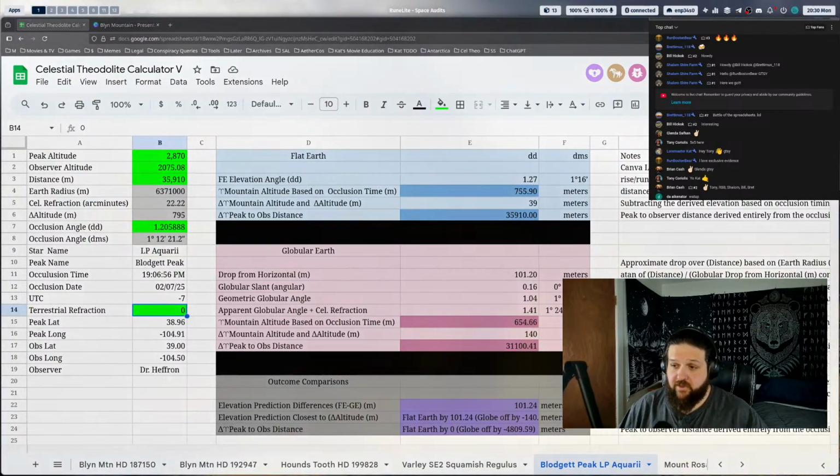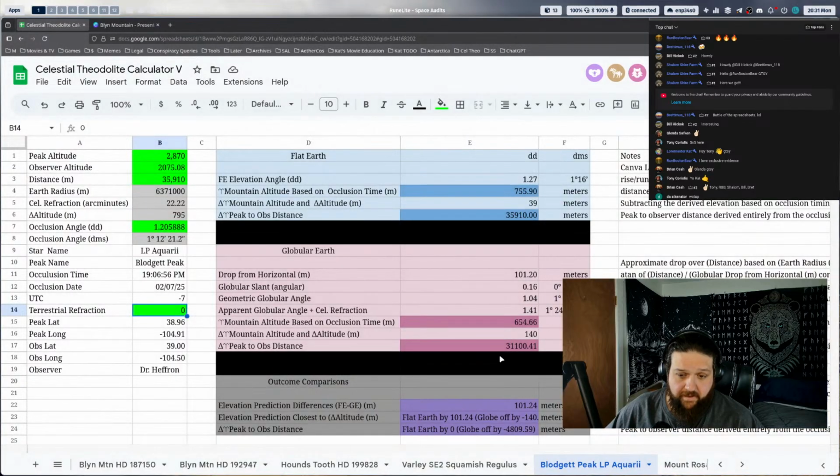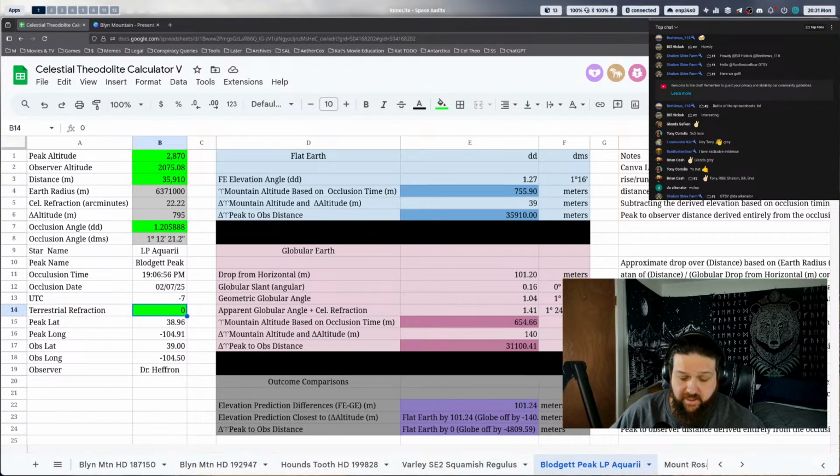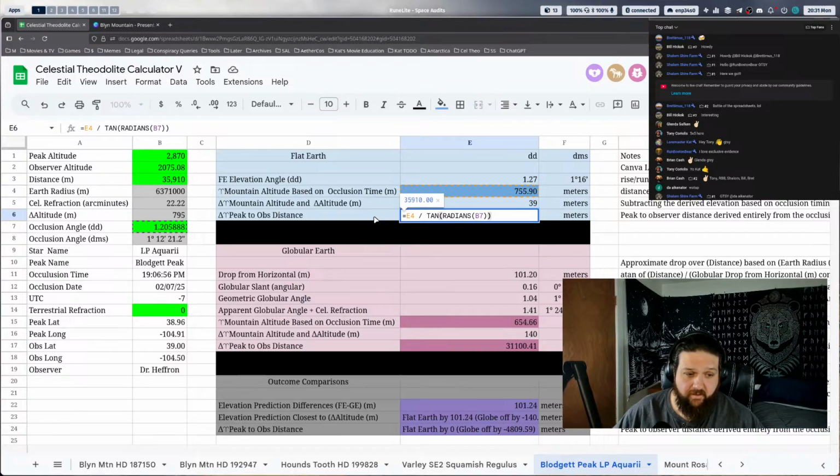So we went through 1 star for every peak. And then, you know, we can obviously add more or whatever on the fly because it's pretty straightforward and easy. But to get us all started, we're just looking at a sample of every peak to give you an idea of what this is supposed to represent. Remember, we're backwards deriving the mountain elevation based off of the occlusion timing and the distance. And here we're backwards deriving the distance using the occlusion timing and the elevation that we got off our occlusion timing.